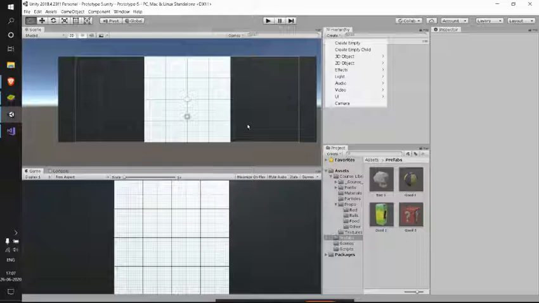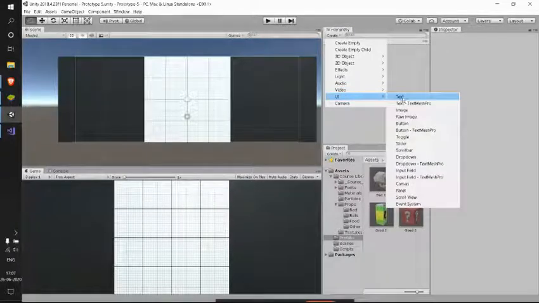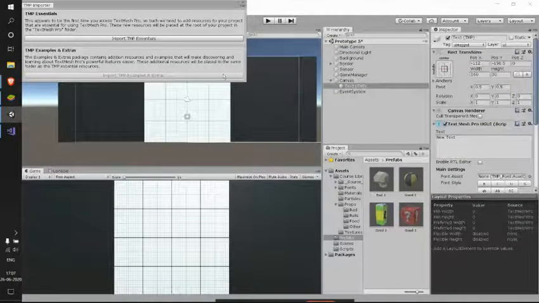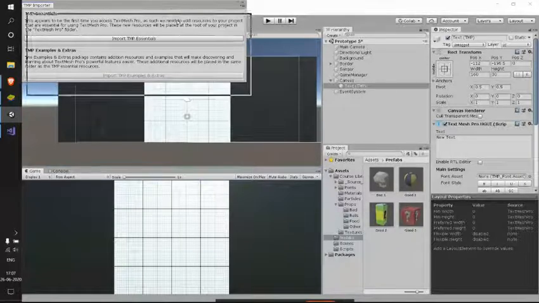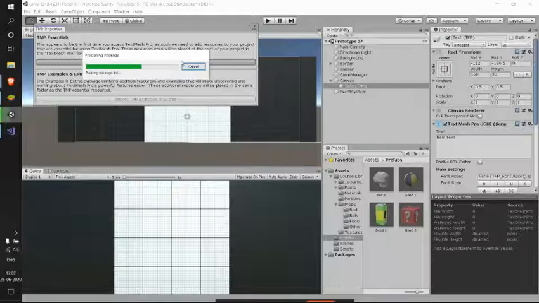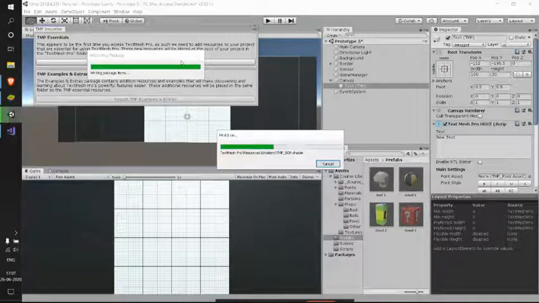Guys, my mouse has become so unpredictable. Yeah, so here we have something called Text Mesh Pro Text. Just select that. There is a high chance that it will be asking you to import this TMP Essentials. Just click that. The package will be added to our project.